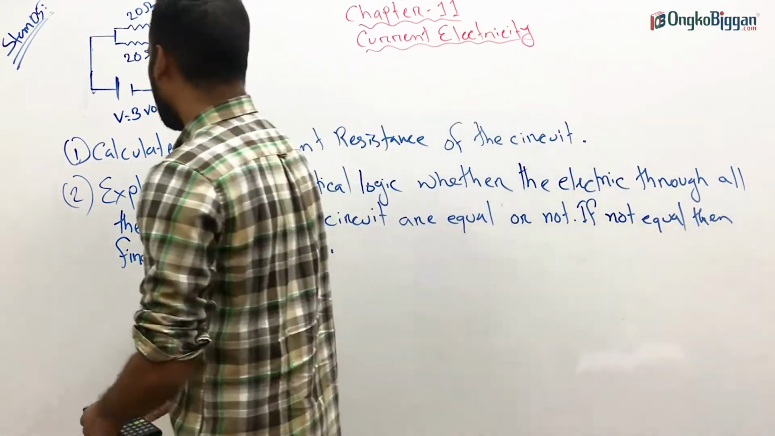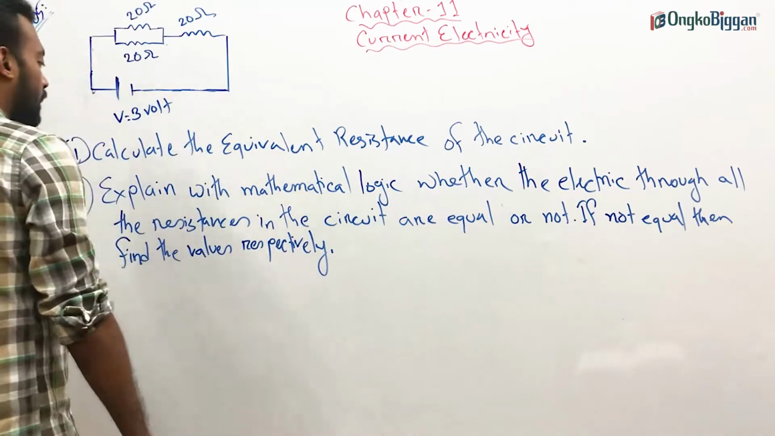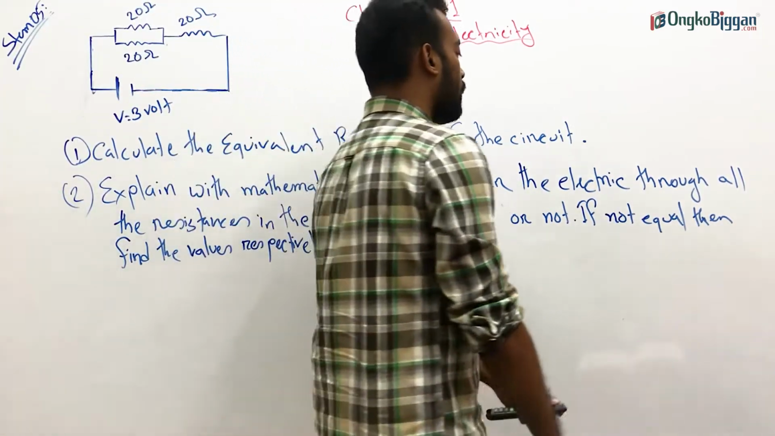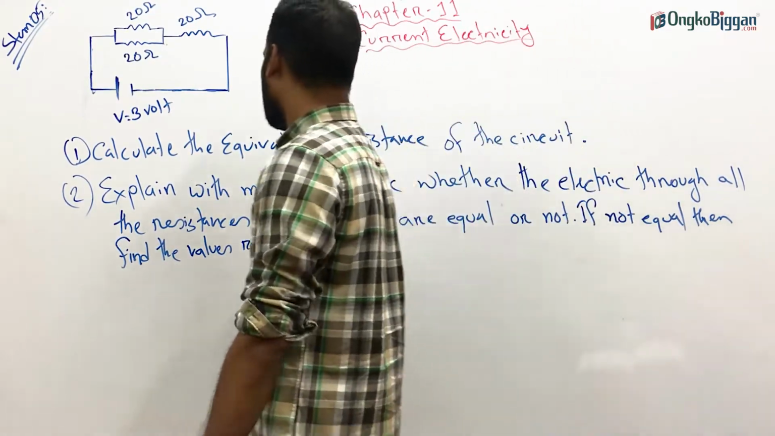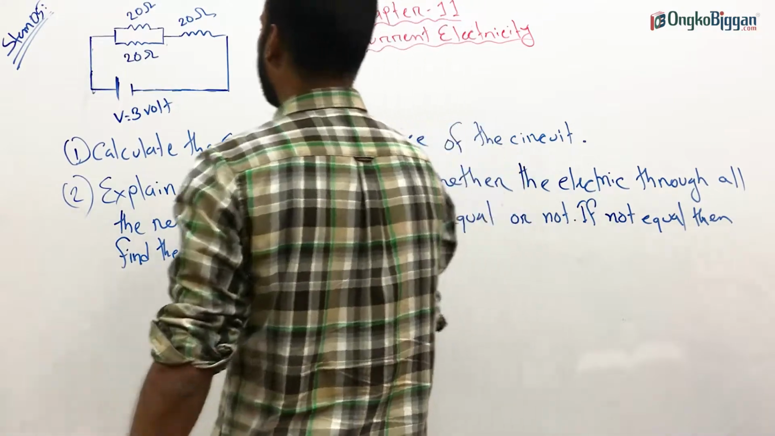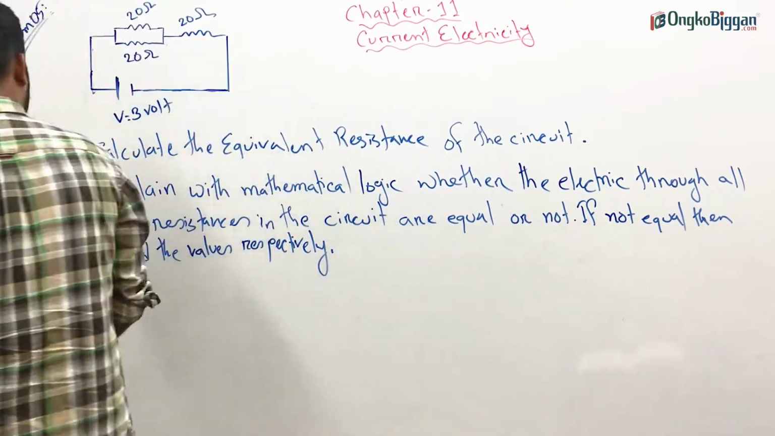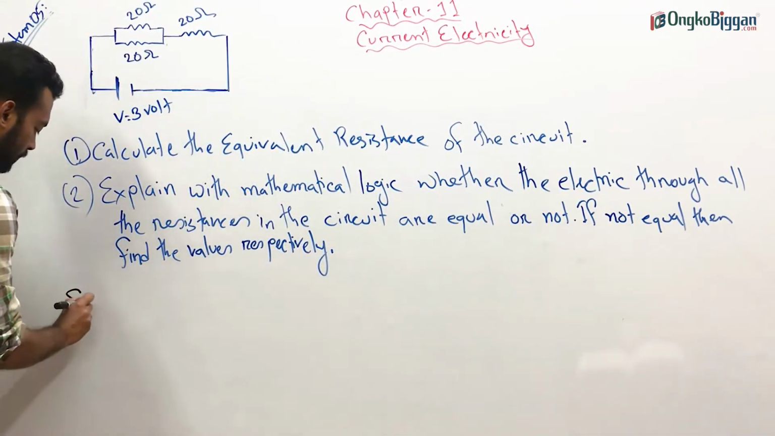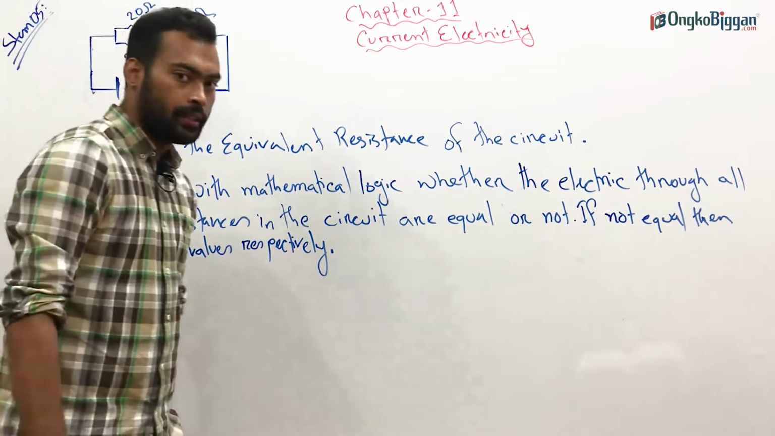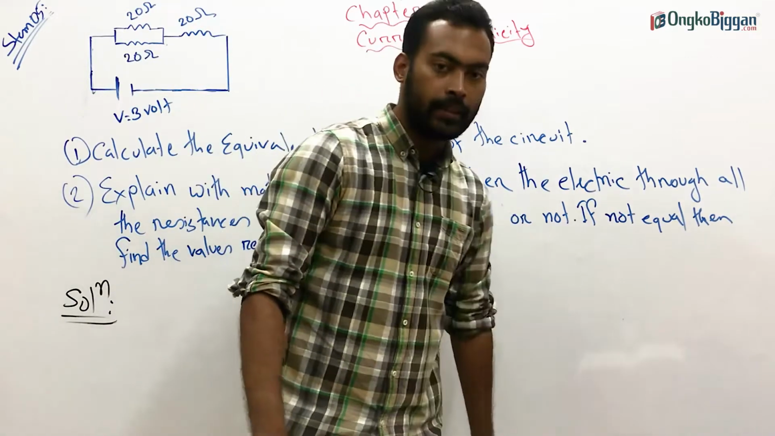In the second question, we need to explain with mathematical logic whether the current through all the resistances in the circuit are equal or not. Okay. So first of all, let's do the first one. It's a very simple circuit. In this circuit,